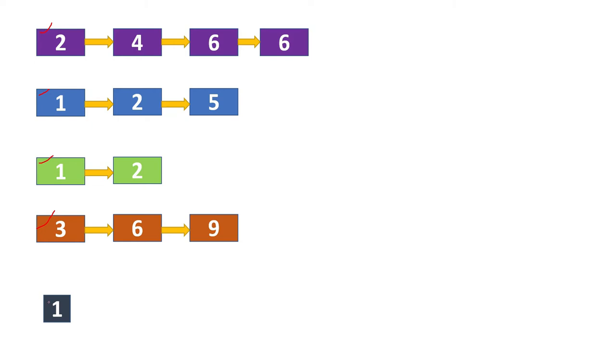So the first value I get is 1, and we will move forward, meaning we will do a 1 dot next. Then among 2, 2, 1 and 3, which one is the minimum? 1. So next we will take 1 and we will move this 1 forward to 2. In the next part, among 2, 2, 2 and 3, we have to check which one is minimum. So 2 is minimum. We have several 2s, but take the first one. Then we can take 2 here and move it forward. Then among 4, 2, 2, 3, which one is minimum? 2 is minimum. So we can take 2 and proceed.